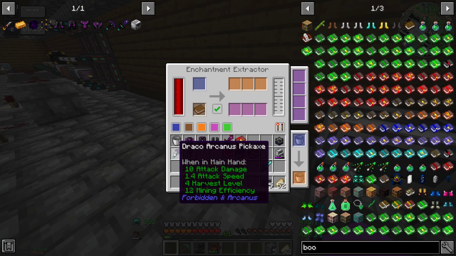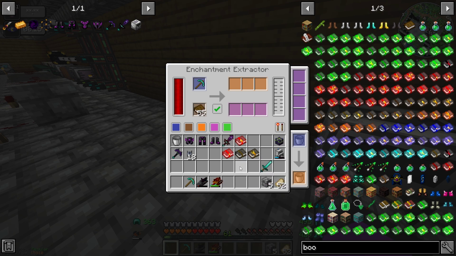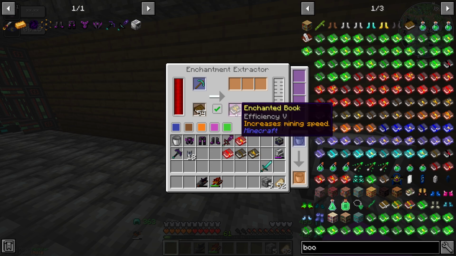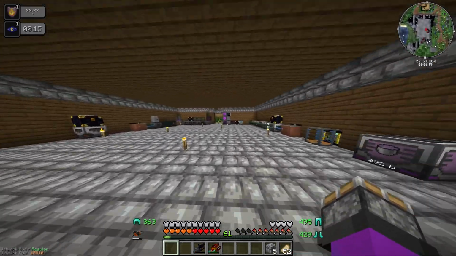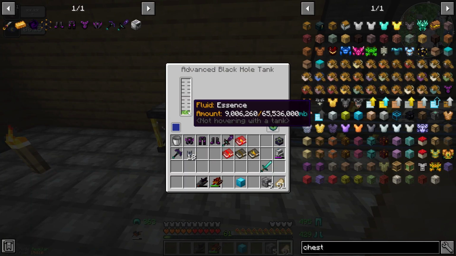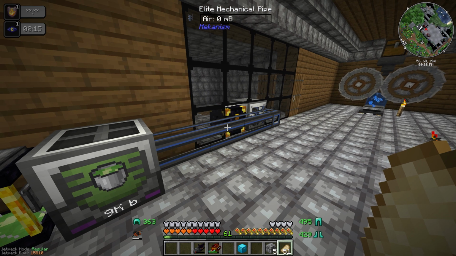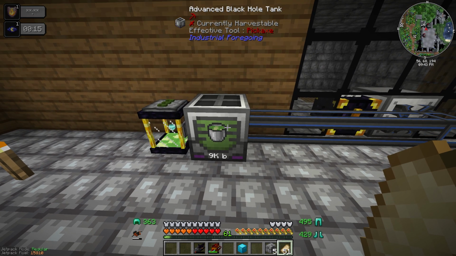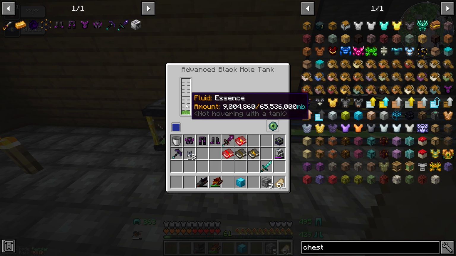But anyway, I need to now take all the enchantments off of my pickaxe. So I'm actually just going to let this thing in here. I should probably put a chest on top where it puts all the extracted books into it. How much essence is this extracting every time? Now with 1,000. So is it extracting 1,000 per kill? It might need 1,000 per kill. If that's the case, then we've only got...